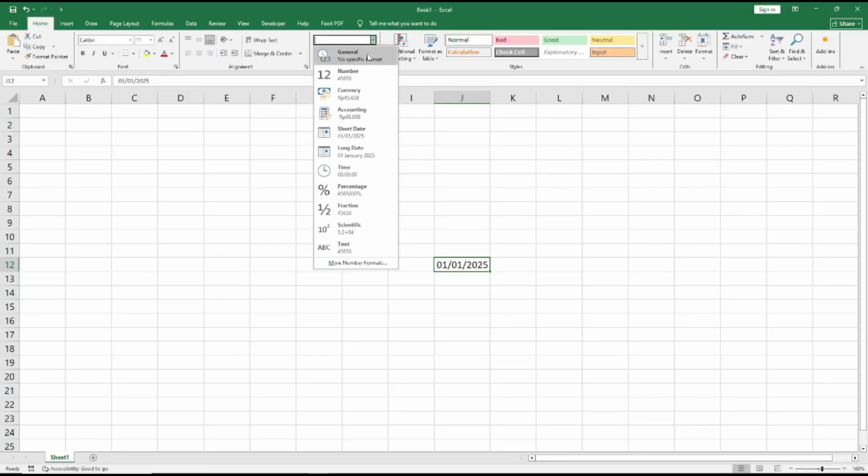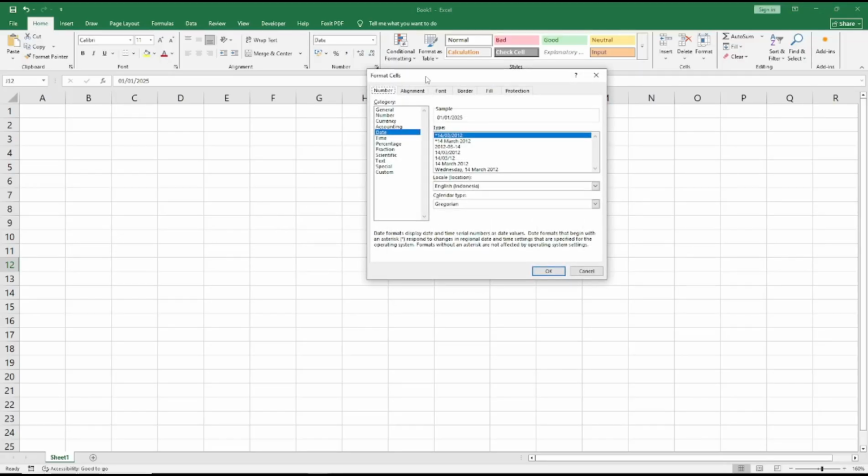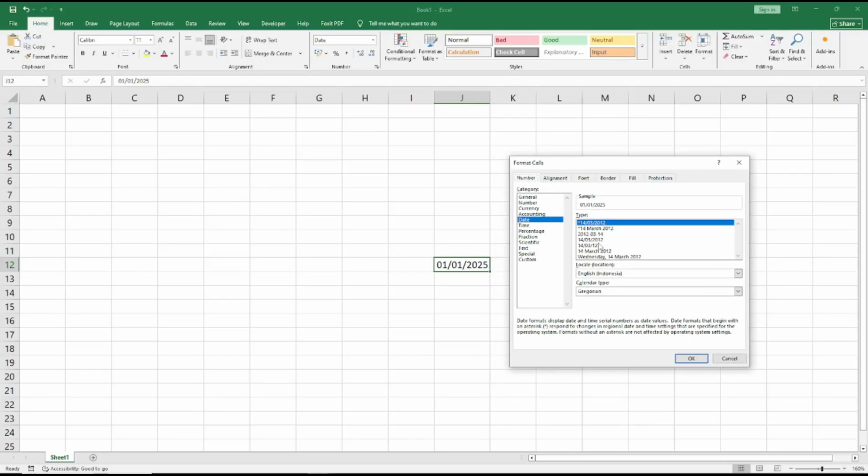and in here you can see we have two options for the date, short date or long date. Another option, you can click more number formats, and it will show the format cells dialog box. And in here you can change the format, like I will use this option, and you can click OK